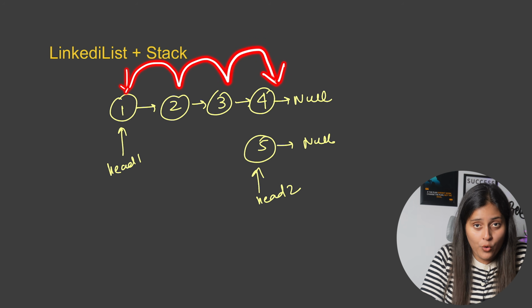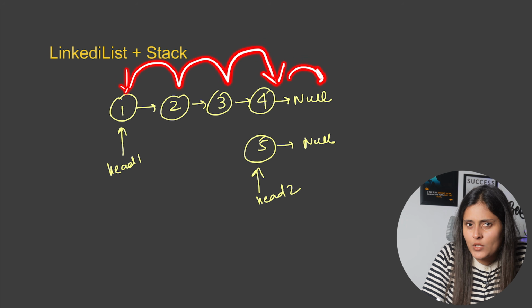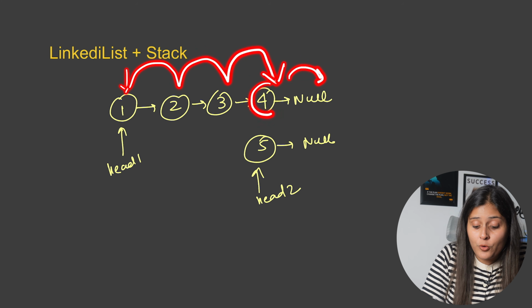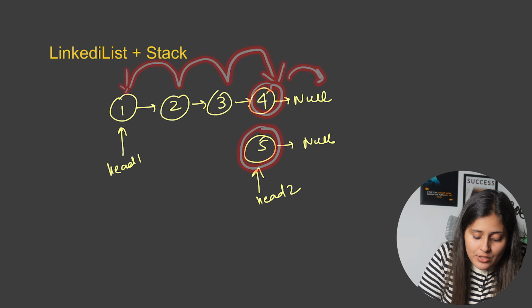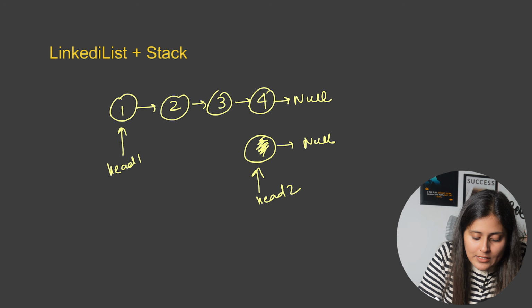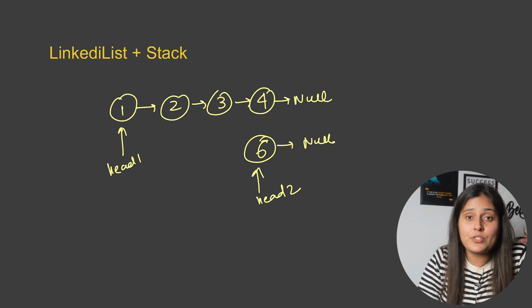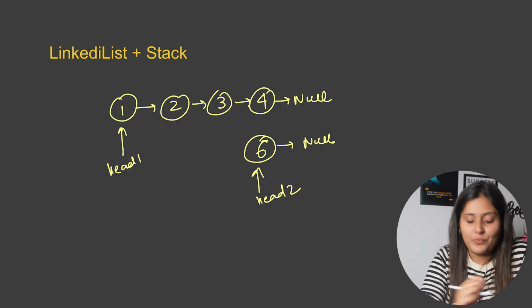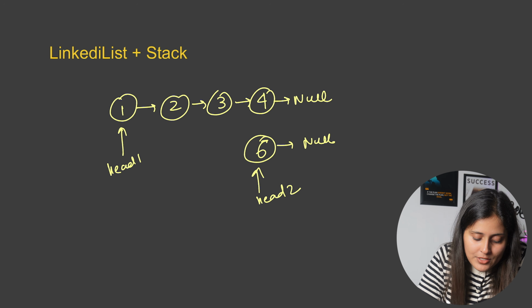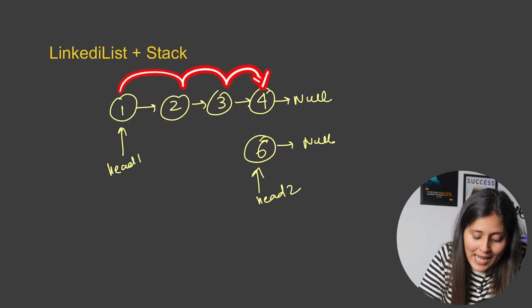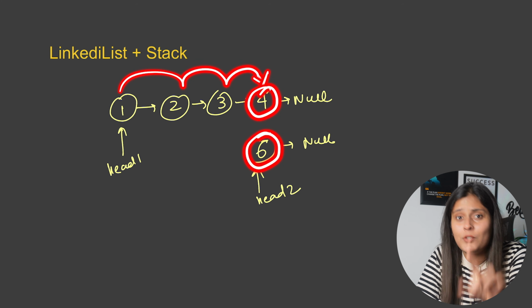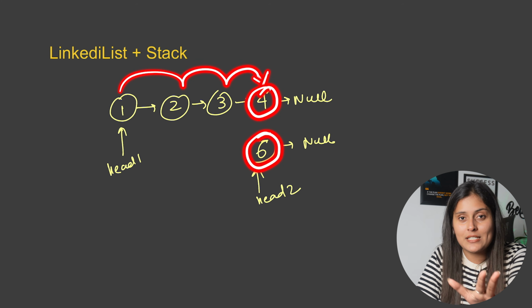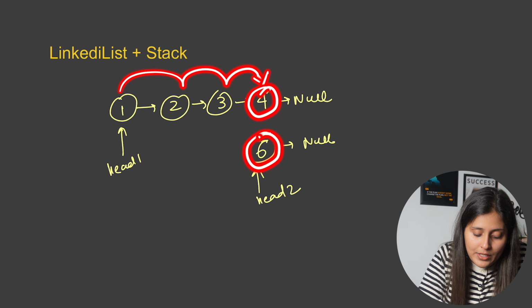And once you reach 4, where the next pointer is pointing to null, you can think of adding this 4 with 5. Okay, you will add. Suppose the addition, instead of 4, it was 6. So suppose the addition actually forces you to hold a carry. In that case, because you have moved till 4, and this 4 plus 6 you will add, which will actually give you 10. So 10 you cannot store. You will only store 0 here. So 0 you will store here, okay.